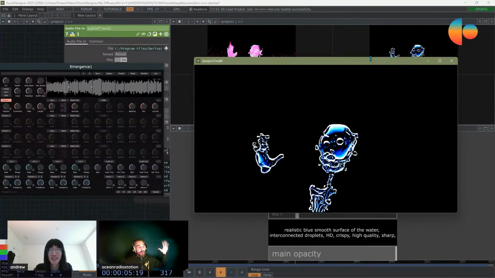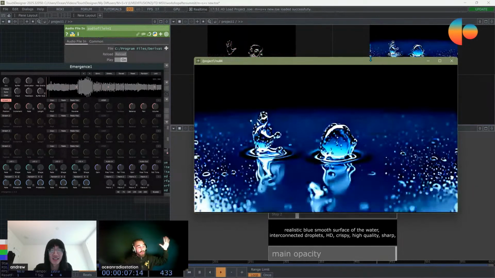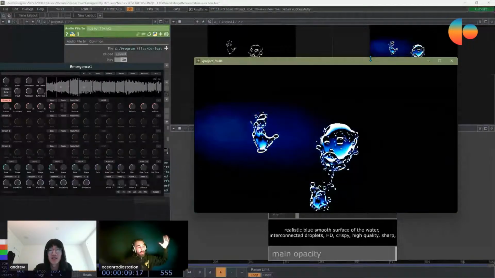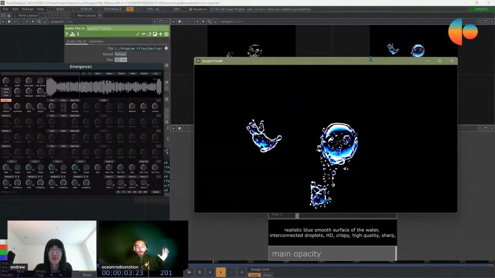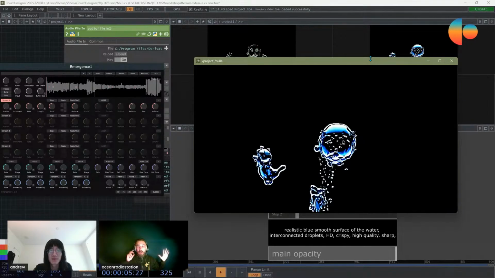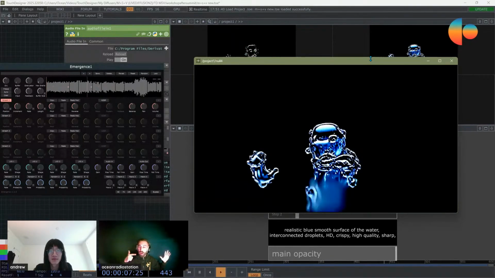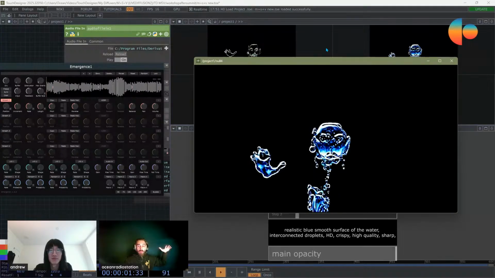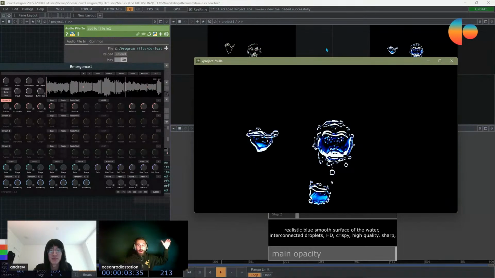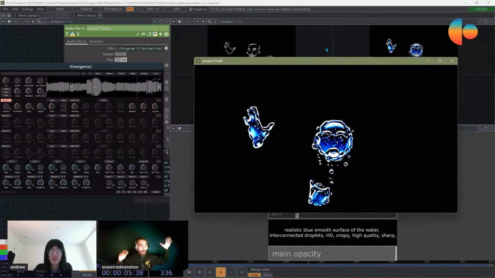What's happening here? It's like when I move my hands up, it adds noise. It depends on how loud I talk now. When there is a sound, then the noise appears, and then we have this wave.